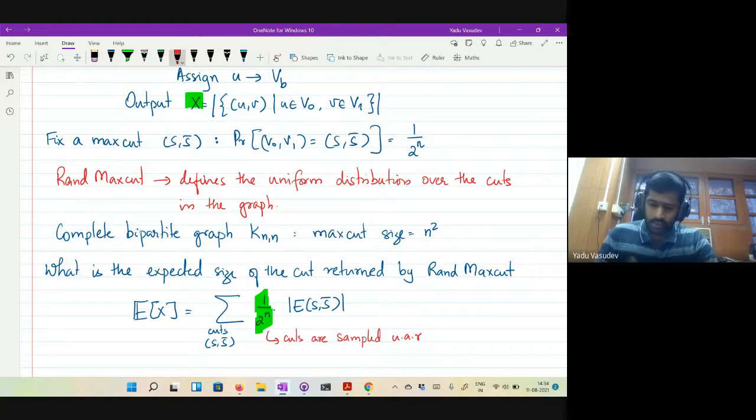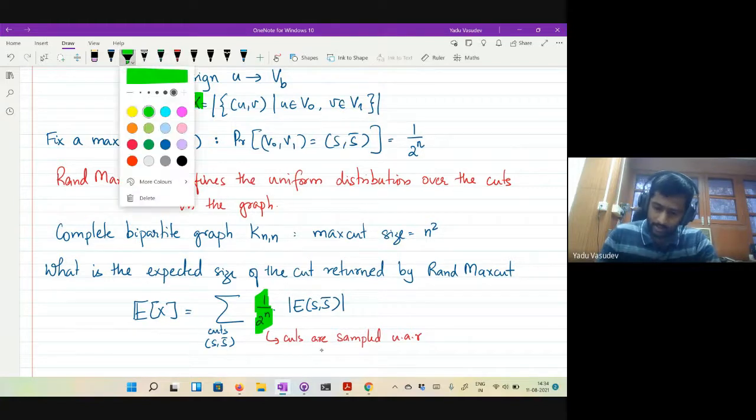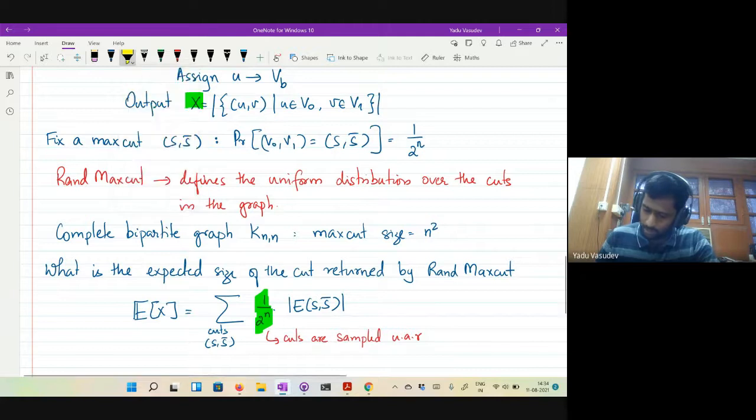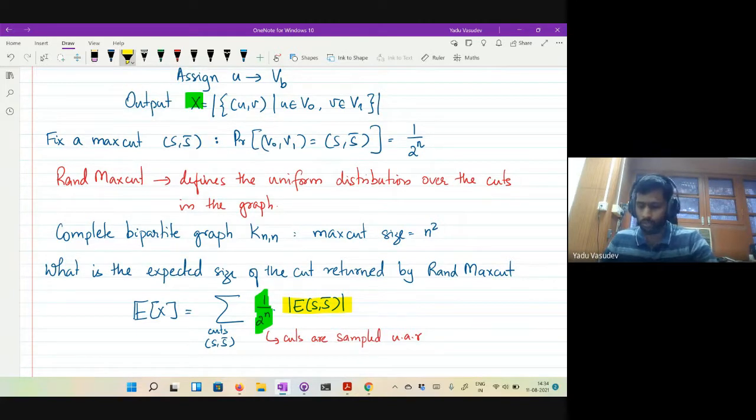But notice that this is an extremely difficult quantity to compute. How do you compute this quantity? You don't know what the graph is. You said that there is some graph with vertex set V and edge set E. What can you say about this quantity at all? It depends on the graph. It seems almost impossible to compute straight away.